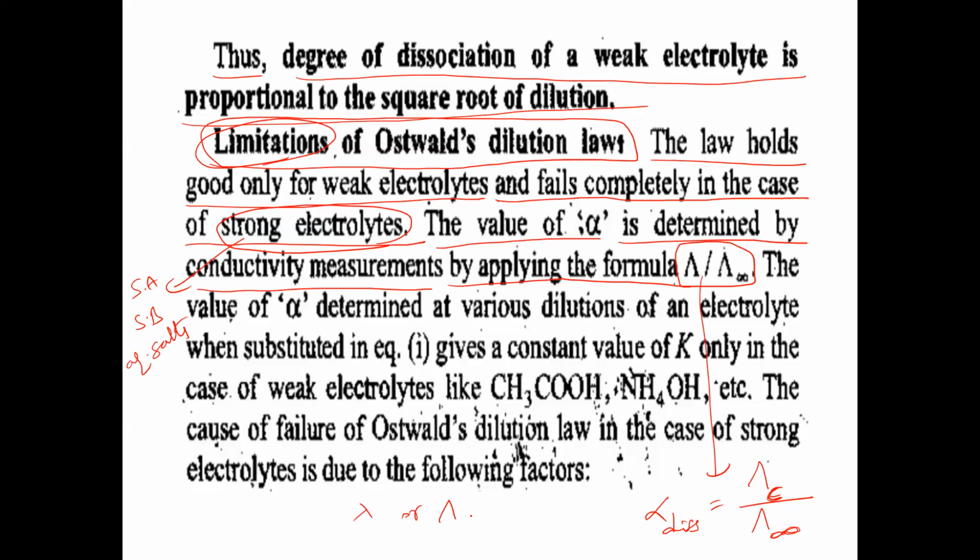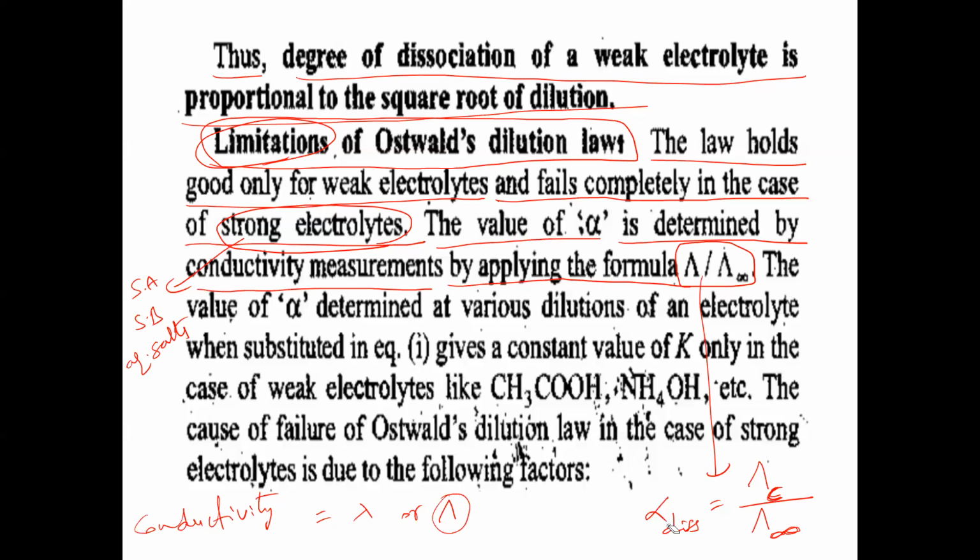So what is this lambda here? It is called conductivity. So if conductivity of a solution is greater, this lambda value will be greater. Lambda value indicates the conductivity of the given solution. The given solution of acid or base or any salt has some conductivity value. Some solutions will conduct electricity to a greater extent, and some other solutions will conduct electricity to a lesser extent. This is called conductivity. So the conductivity measurements will be used to calculate your degree of dissociation.